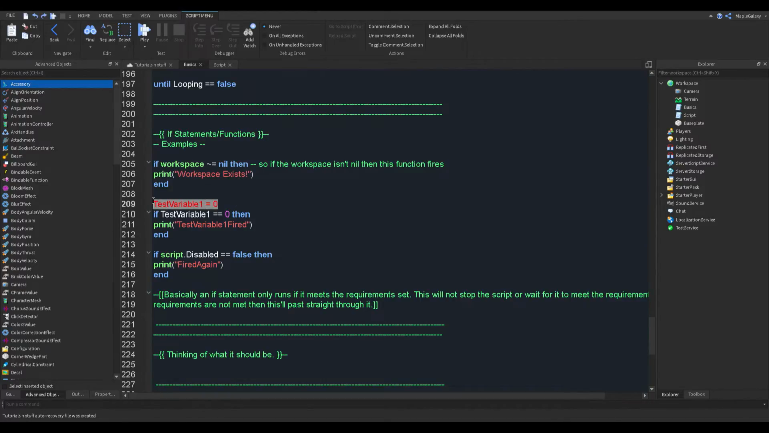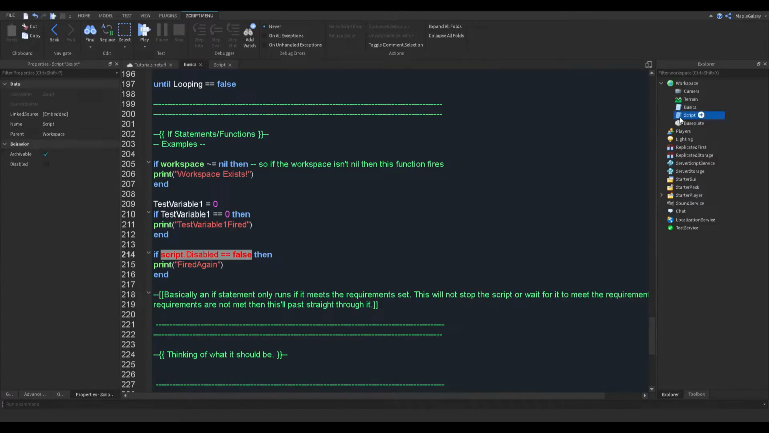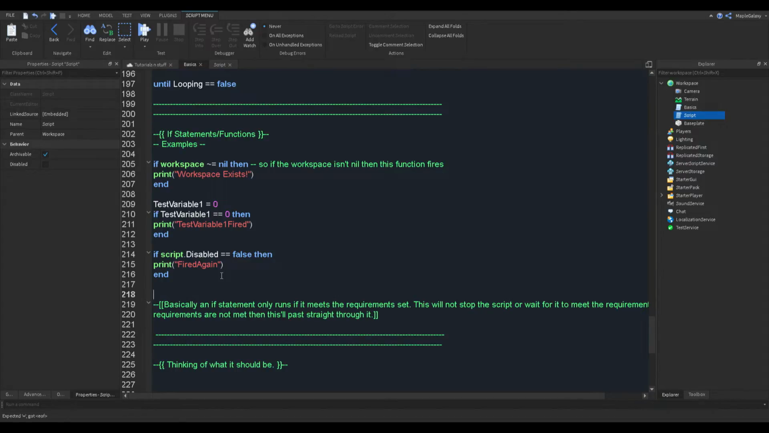So this is test variable equals 0. Test variable equals 0, meaning this fires. And script.disable equals false, which it does, by the way. If you go to properties, it does equal false. Then this fires. So the reason these have 2 equal signs is because you can also do, let's say,